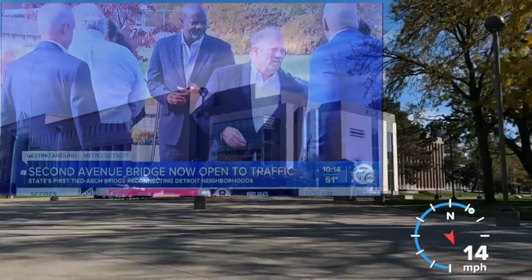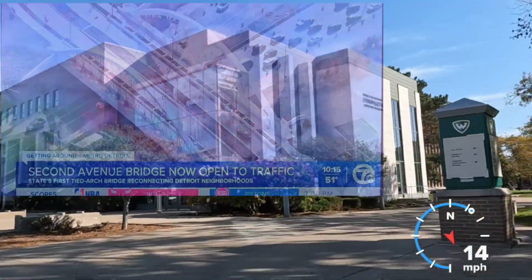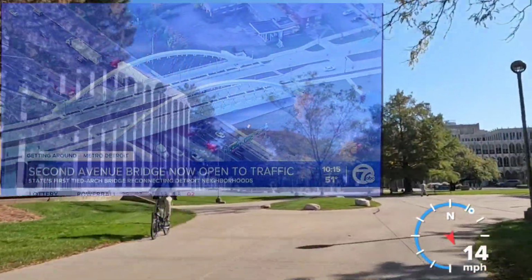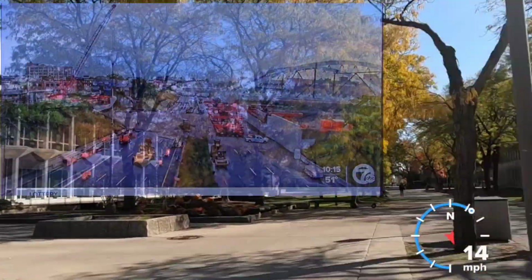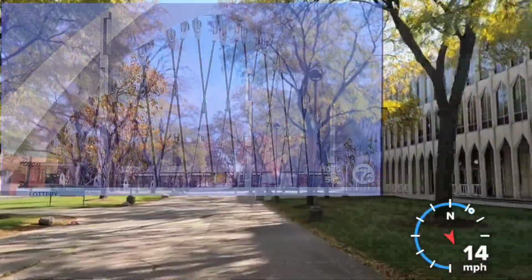Federal, state, and local leaders came together in Midtown to celebrate the completion of the 2nd Avenue Bridge over I-94. Hailed as an engineering marvel, the bridge is the largest project of its kind in Michigan history. The 5 million pound structure is the first network-tied arch bridge in the state. Last summer, crews moved the bridge into place along I-94 between I-75 and the Lodge. And now that it's finished, it's reconnecting local neighborhoods once separated by the freeway, making them more accessible for pedestrians, bikers,